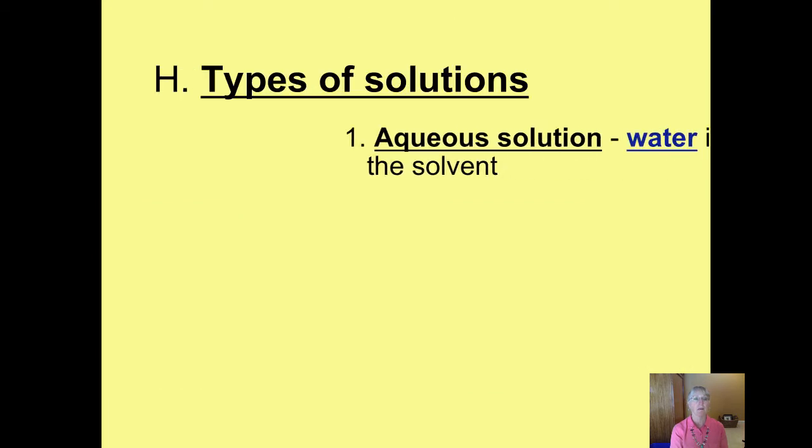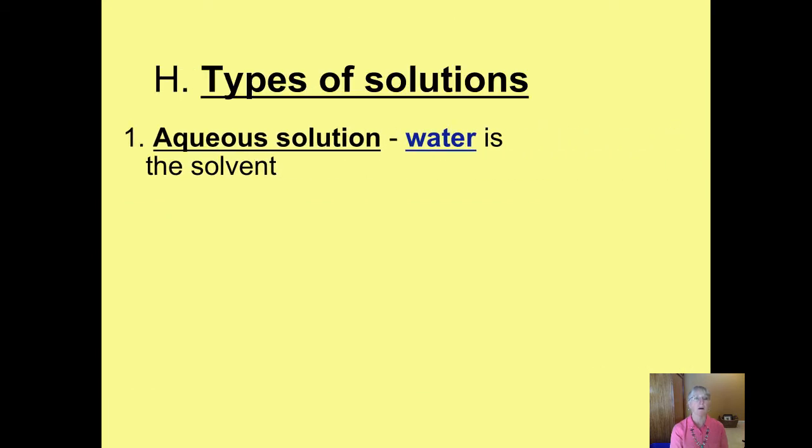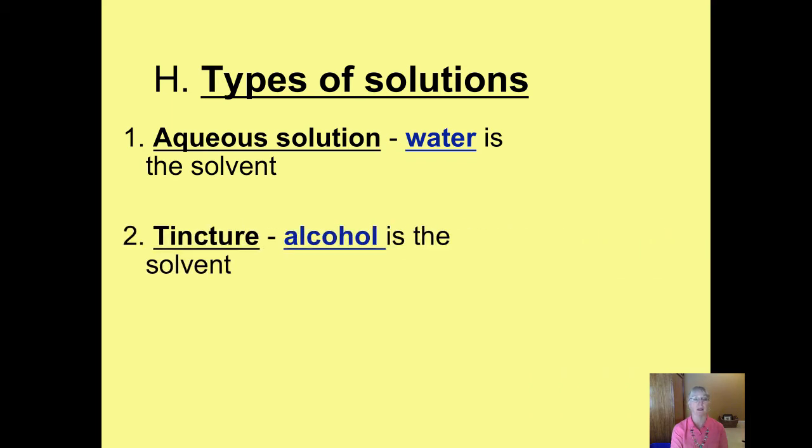Now, there's many types of solutions, but water is frequently one of what we call an aqueous solution, where water does the dissolving. And water is often referred to as the universal solvent. Again, that's because of its bent shape, its unshared pairs of electrons that made it bent. It has polarity, and in certain circumstances can perform hydrogen bonding.